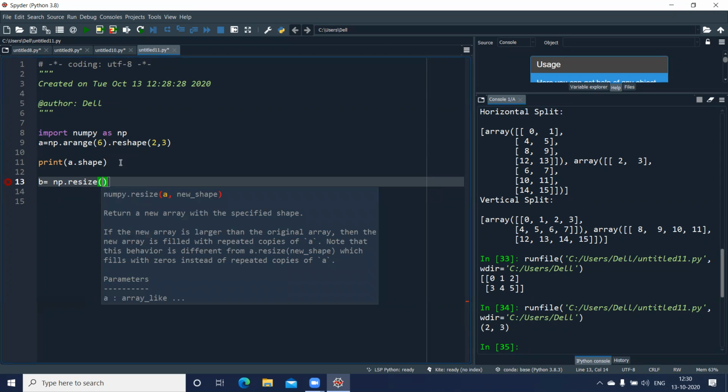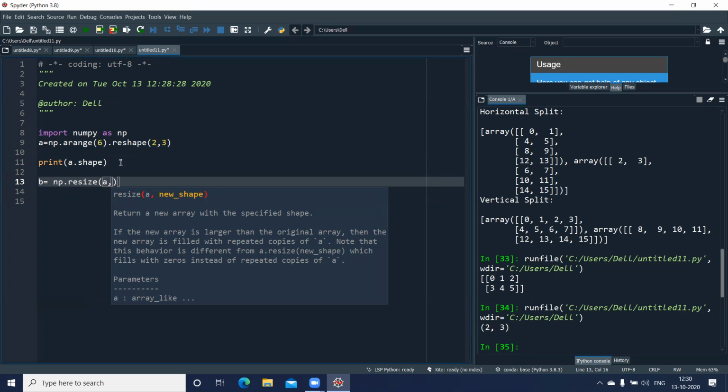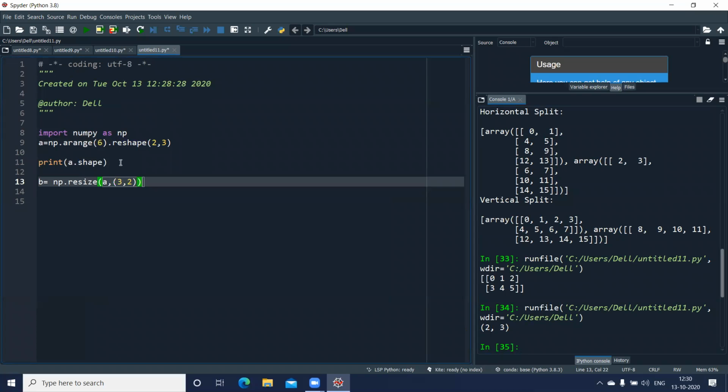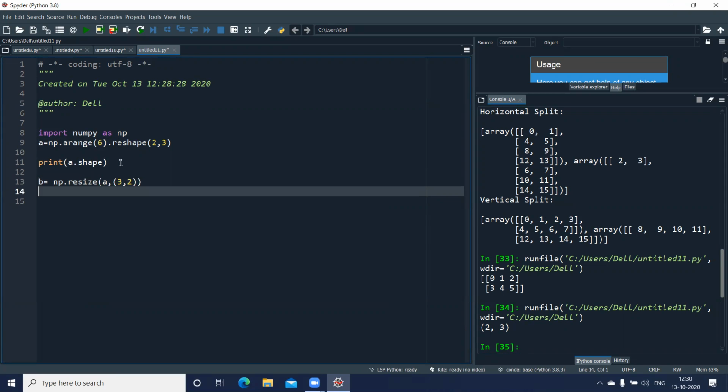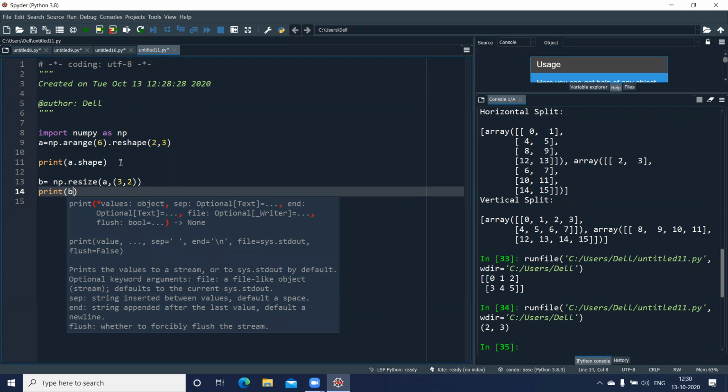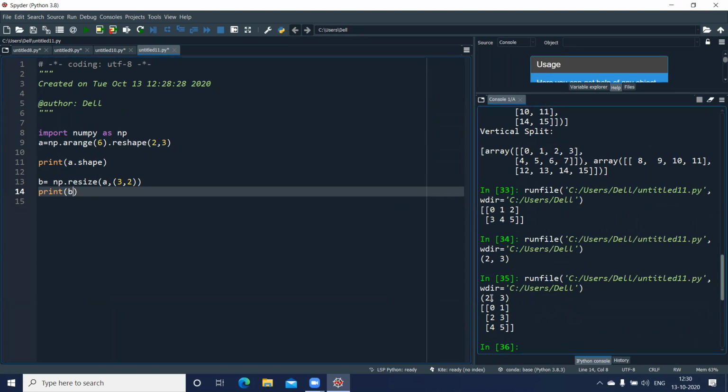Now there are 2 parameters which need to be passed: the name of the array, which is A, and the new shape, which can be given in round brackets. Let us make it 3 by 2, so 3 rows with 2 columns. And here I can just print the value of B. So let us print. Here you can see previously it was 2 rows with 3 columns. Now there are 3 rows